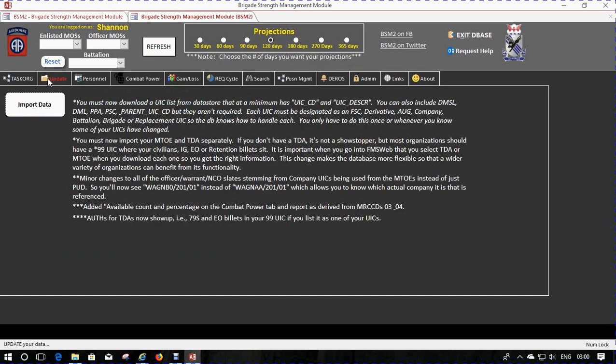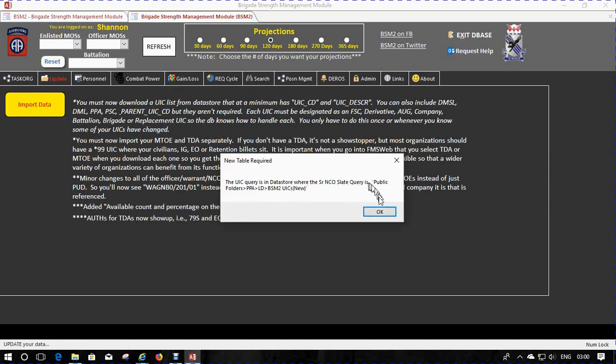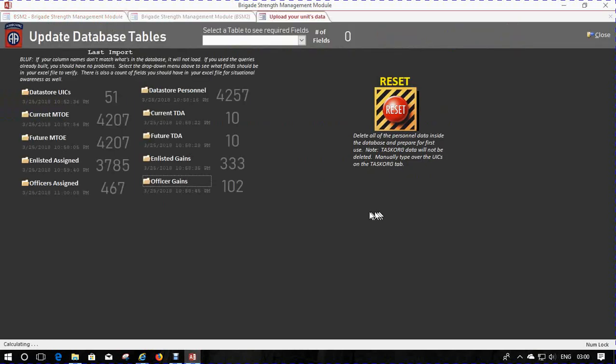Then we're going to go into update and the import data tab, and this is just telling you where the new Datastore query is. But inside of here, it's going to tell you how many UICs you imported, what the sum of your MTOs were, what the sum of your TDAs were, how many personnel from Datastore were imported, how many gains, officer and enlisted, were imported, how many enlisted and assigned were imported into the database. So it counts all this stuff, and underneath it, it tells you the last time that you've actually imported that